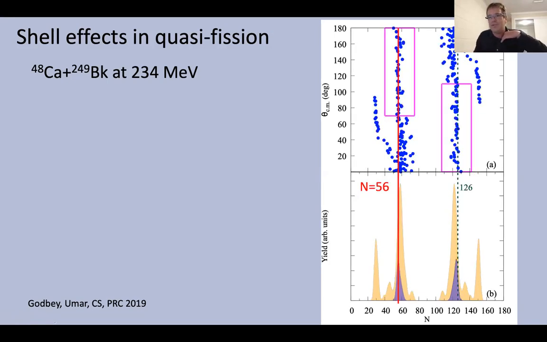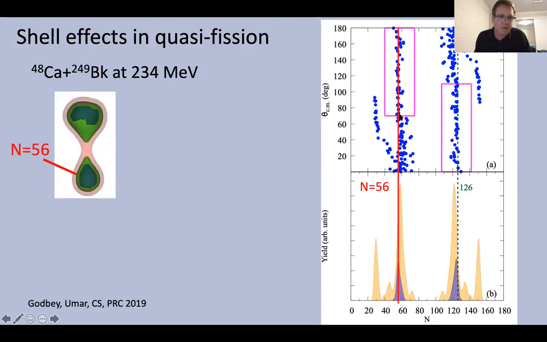If you look at the neutrons, you also have N equal 126, which is not far, but also a little bit off. However, in the light fragment, you have N equal 56, which is again due to the octupole correlations, but now for the neutrons. And it seems to have an importance in the fragments produced at backward angles. All right, so all these shell effects which we are talking about now in quasifission, they correspond